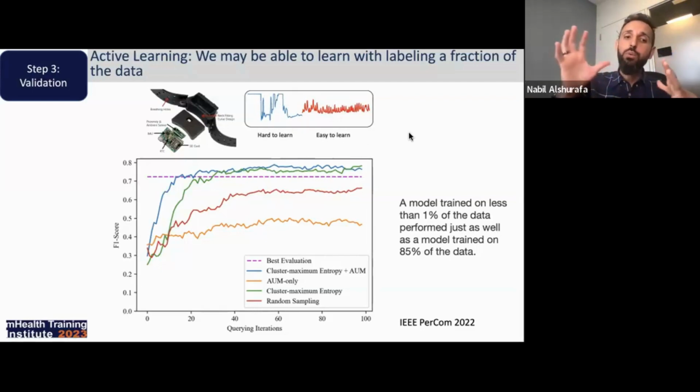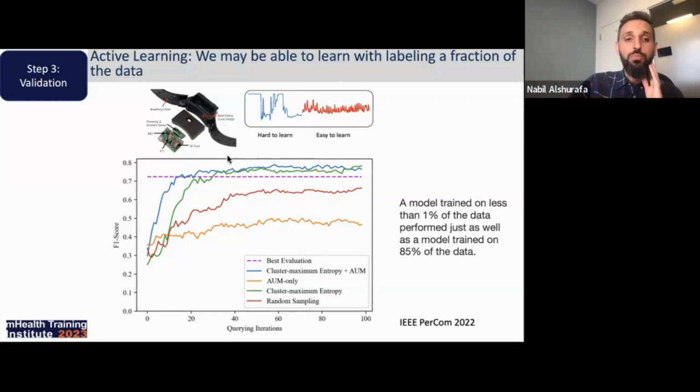There are different active learning techniques that allow us to identify which parts of the signal we need to label, and then give that to the annotators and labelers to label. That way, instead of labeling all the data, we label a fraction of it and still obtain a good enough model, or in some cases as good a model as we can get from labeling the entire data set.